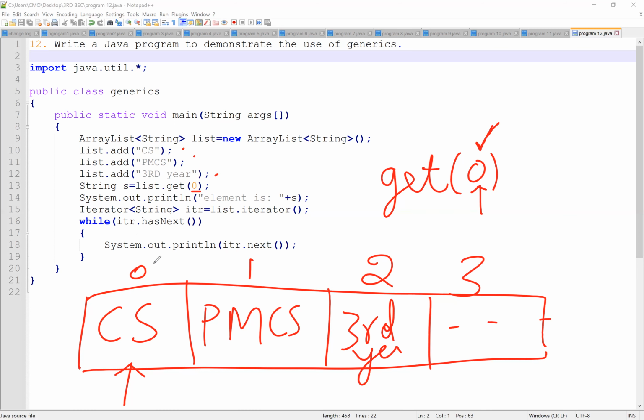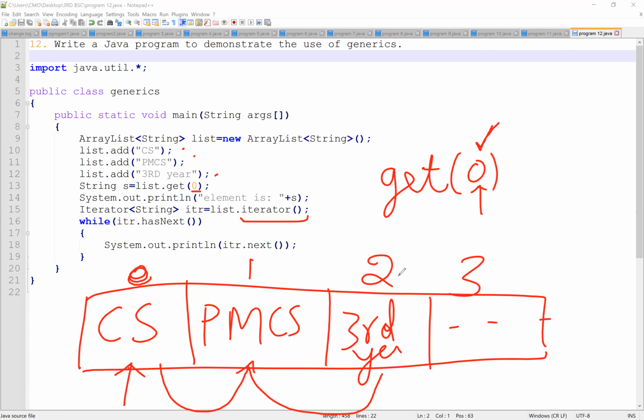Next, you have multiple values, right? We have multiple strings. It's not fixed that we need to read only one, like only CS or PMCS or third year. You need to read all these strings. That's why we need to use the concept of iterator. Iterator is for looping. A for loop is like an iterator, right?